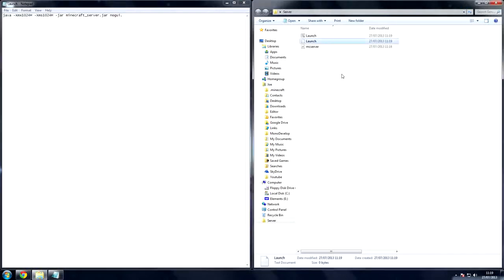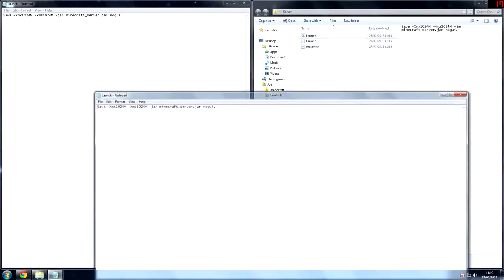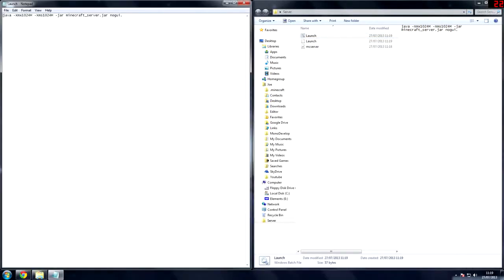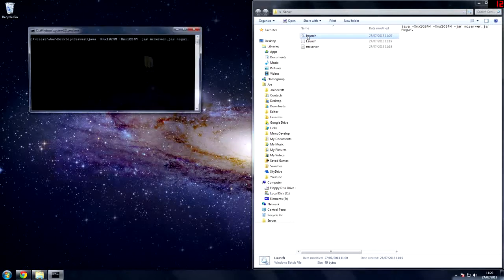Now this isn't going to work straight away, so to make this work we're going to edit the bat file and have a look at what's inside. So Java, obviously because Minecraft runs on Java. Xmx1024M means it's going to run with 1024 megabytes of RAM, in other words 1 gigabyte of RAM. We're going to leave that for now, though because I have 4 gigabytes of RAM, I could allocate a quarter of that. Then minecraft_server is what you're going to actually run. Because this is renamed to MC server, I'm going to type in MC server and then the file type .jar. Then we're going to save this, exit, and then double click the launch bat,